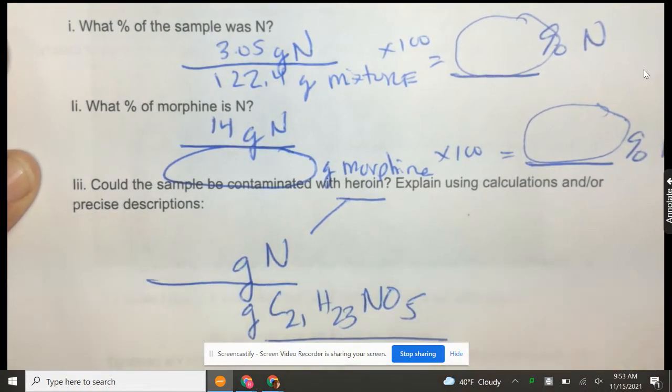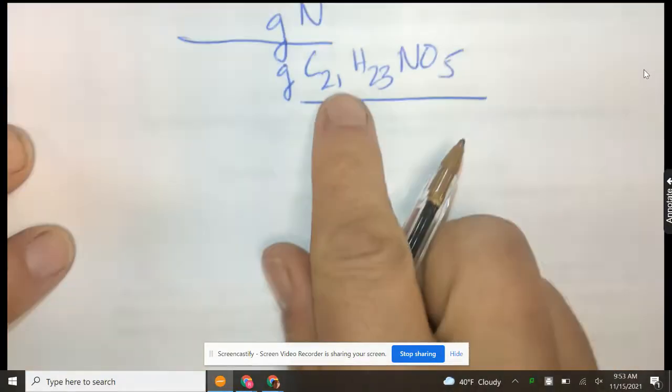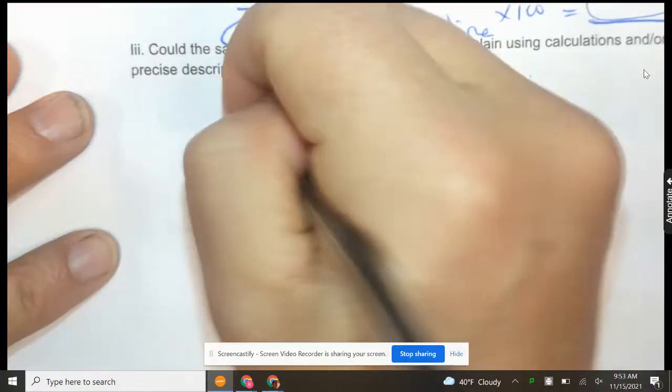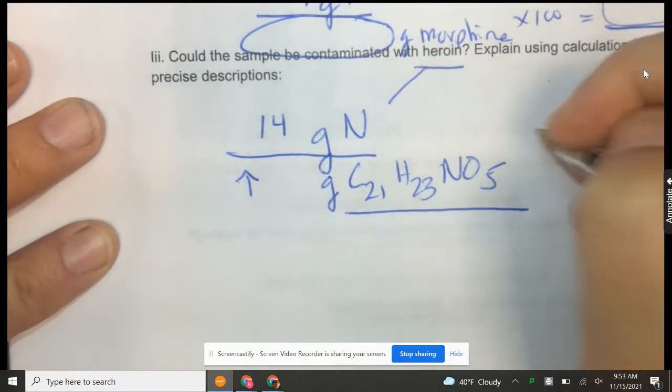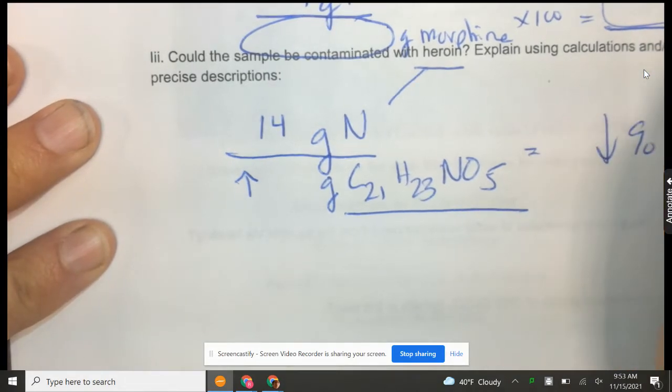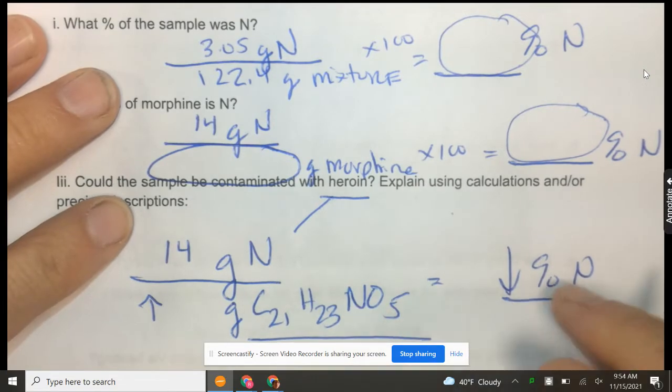Now, just looking at the formula of heroin compared to that of morphine, the formula for heroin is a lot bigger, which means you've got the same amount of nitrogen, but you've got a much bigger mass here, which is going to mean a smaller percentage of nitrogen. And that's all you need to really say. Could have calculated it, but